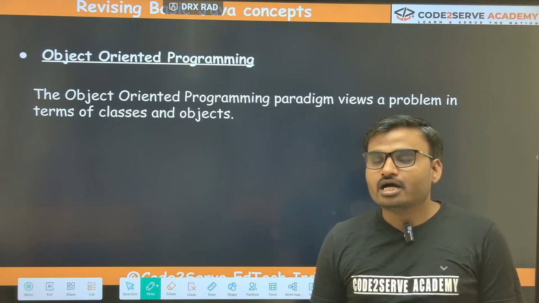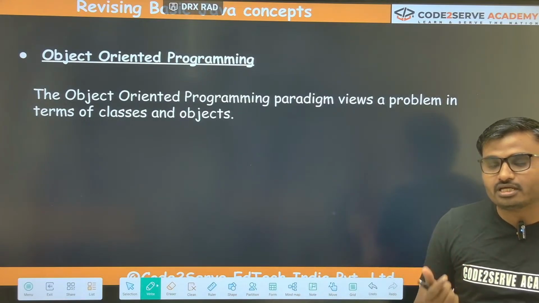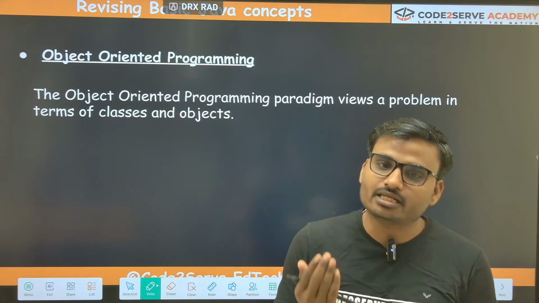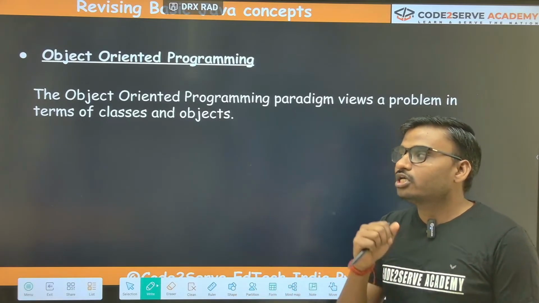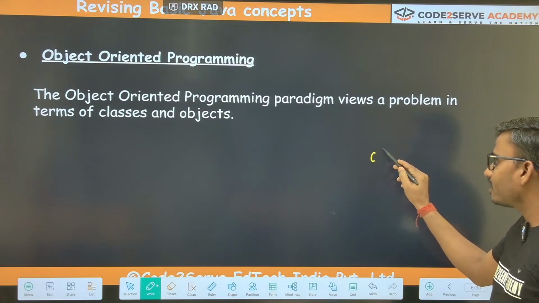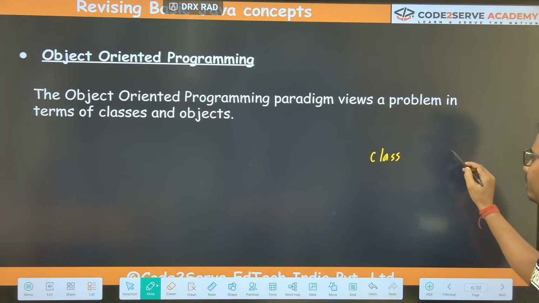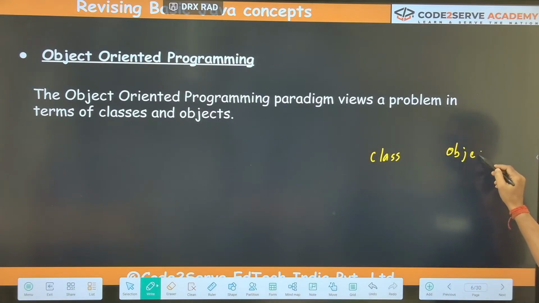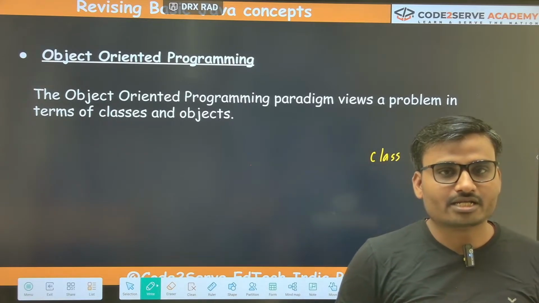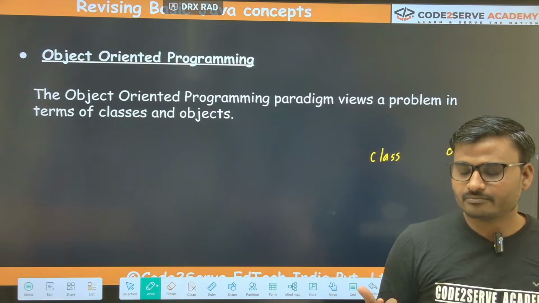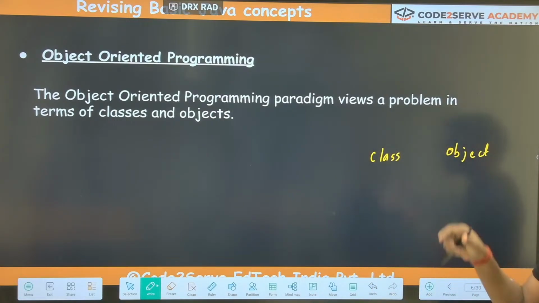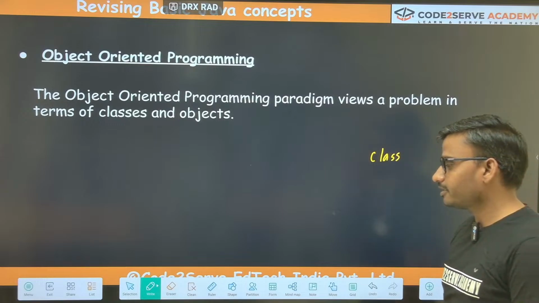मेनली ऑब्जेक्ट ओरिएंटेड प्रोग्रामिंग पैराडिम में होता क्या है, हम लोग यहाँ पे जो भी प्रोग्राम लिख रहे हैं इन द फॉर्म ऑफ क्लास एंड ऑब्जेक्ट, इसको लिखते हैं या समझते हैं। ठीक है। तो अब यहां पे मेरे पास दो कंसेप्ट आता है, एक हो गया क्लास, और एक हो गया ऑब्जेक्ट। ये दो टॉपिक आप लोग को बहुत अच्छे से समझ में आना चाहिए कि क्लास क्या है, ऑब्जेक्ट क्या है। अब इसके बारे में मैं एक ब्रीफ बता देता हूं, फिर आप लोग इसको अच्छे से समझ सकते हैं।